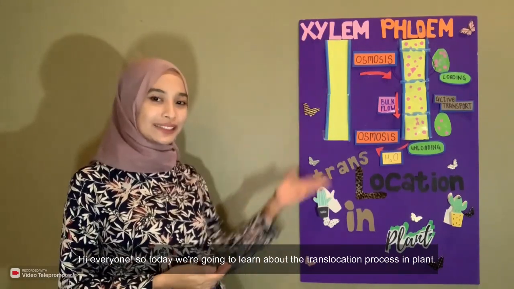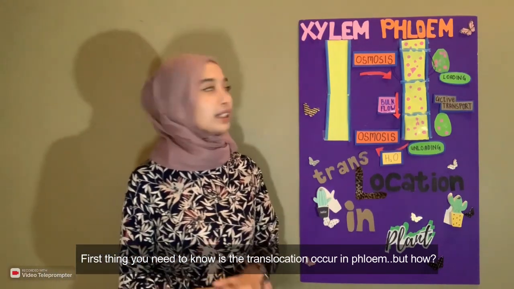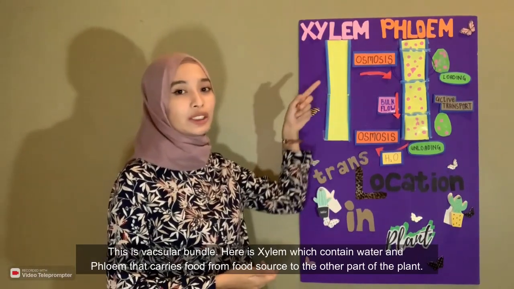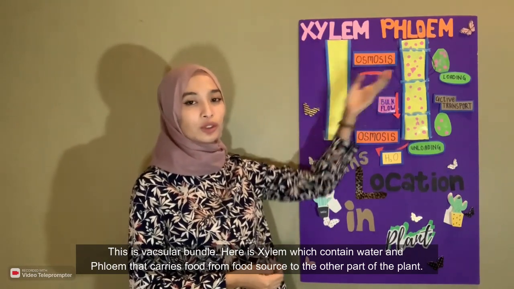So today we're going to learn about the translocation process in plants. First thing you need to know is that translocation occurs in the phloem. But how? This is a vascular bundle. Here is the xylem, which contains water, and the phloem that carries food from the food source to the other parts